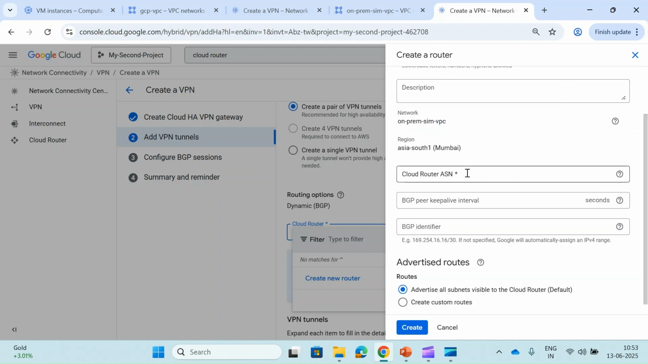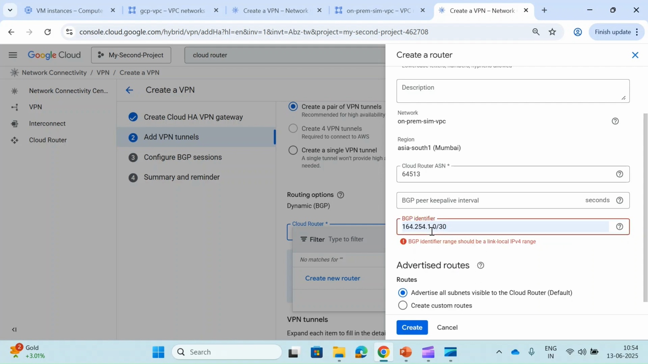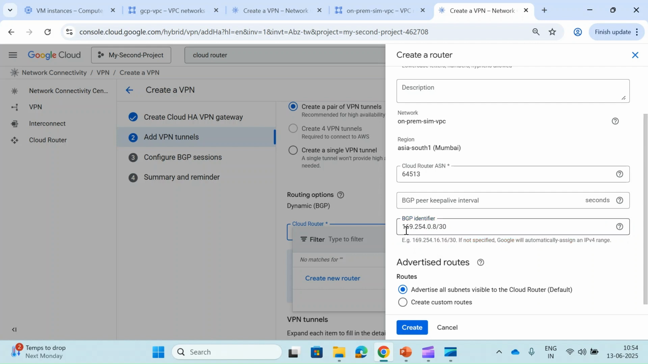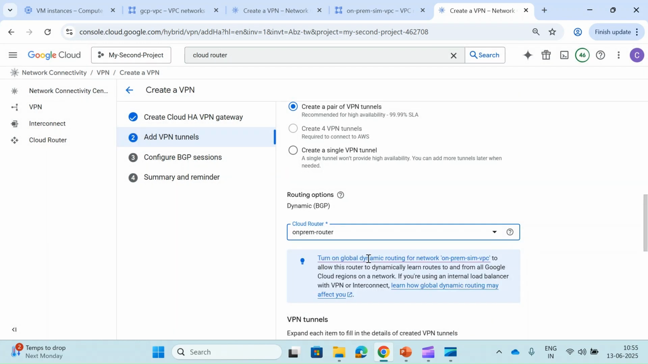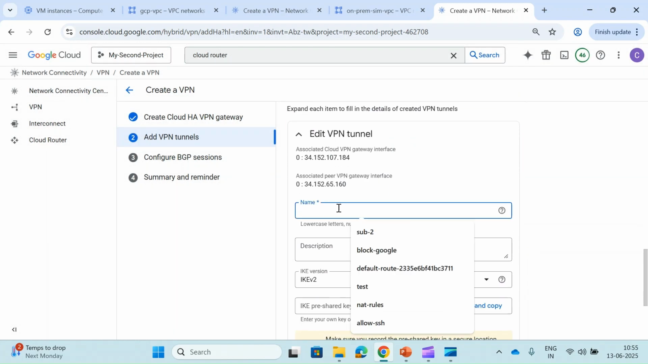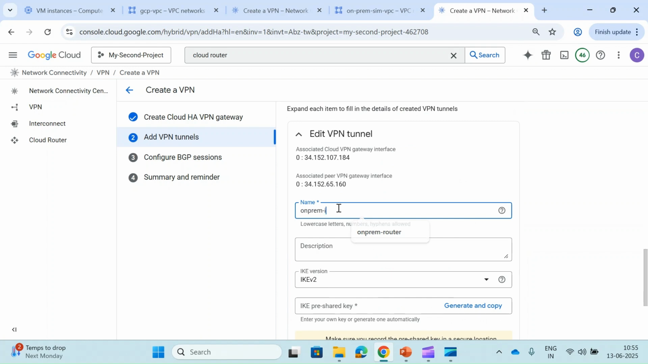After that, the ASN number. So before we have provided 64512. Let's go with 64513. Remember, you cannot have the same ASN number. If you try to do that, it will not work basically. Let's leave this as it is, and let's go with this range. Okay, let's make it. So for this, I'm typing this range, and same thing. We click on create. Router has been created. Let's give a name, on-prem first tunnel,